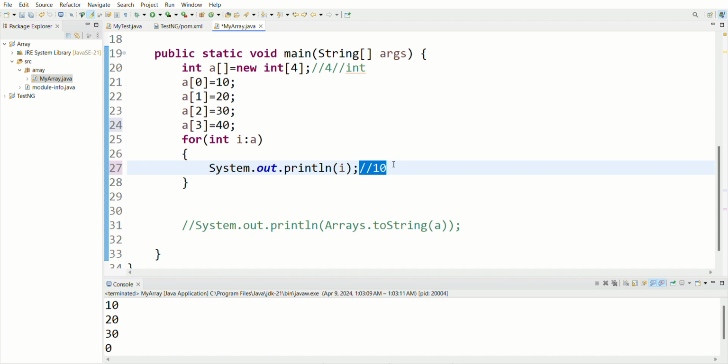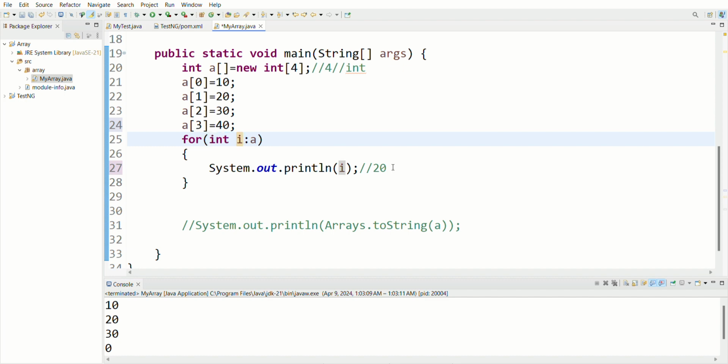Now this i value will be overridden, 10 will be removed and 20 will be replaced, and we are printing here i. That's why it is giving the value 20 the second time. Now the index increments again, and a of 2 is equal to 30, second index. Now it is again assigned to int i.